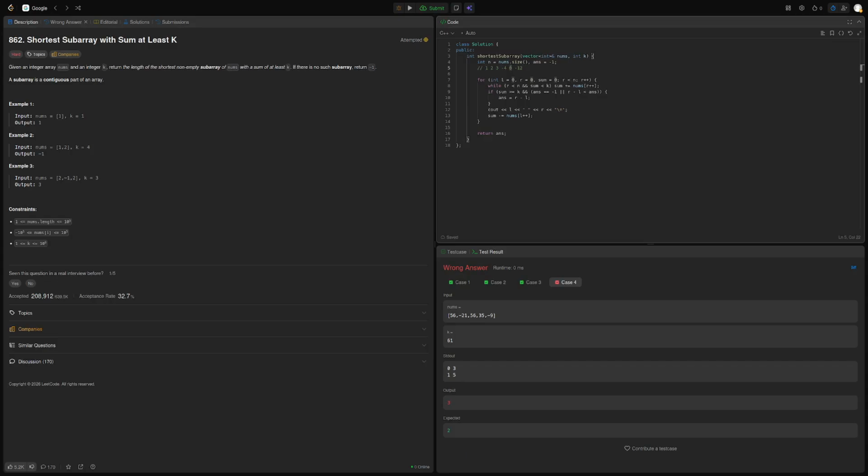Like, okay, so what I'm thinking is that we need to move the pointer to the left, so it's obviously not gonna be shorter. But what if there is another number here that could theoretically go through this, like this previous border? If we need like less of a sum,